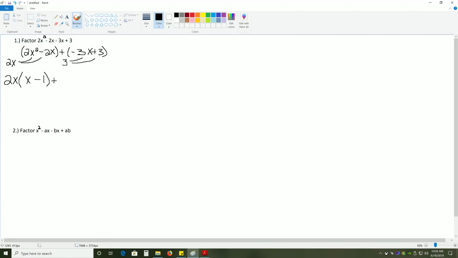And the way that we do that is by factoring out a negative. You can always factor out a negative. It just means that you're dividing by a negative. So we're going to get plus negative 3 times negative 3x divided by negative 3 is just x, and positive 3 divided by negative 3 is negative 1. And now we have the exact same thing in parentheses, so we're going to bring one of them down,